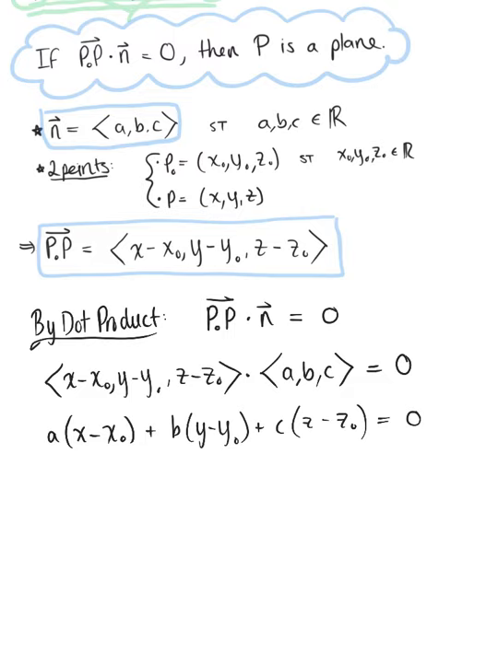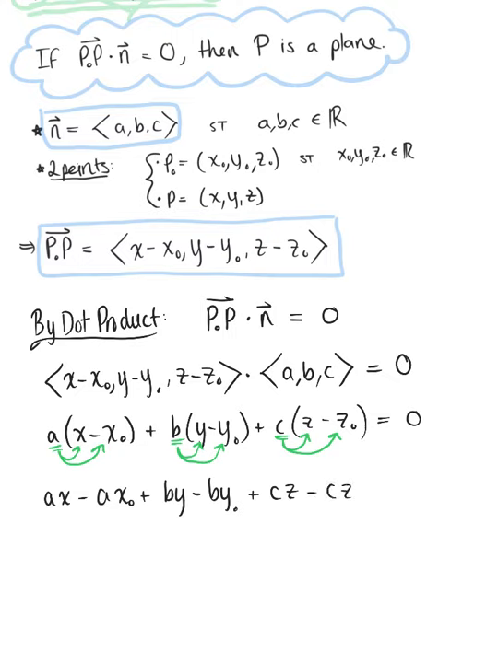But we need to simplify this equation here. We need to apply the distributive property and take these coefficients, these a, b, and c values, and distribute them through. This will then allow us to group up the like terms. We'll keep our variable terms, the terms with x, y, and z, on one side, and we'll bring all of our constants to the other side. So we are left here with ax minus ax naught plus by minus by naught plus cz minus cz naught